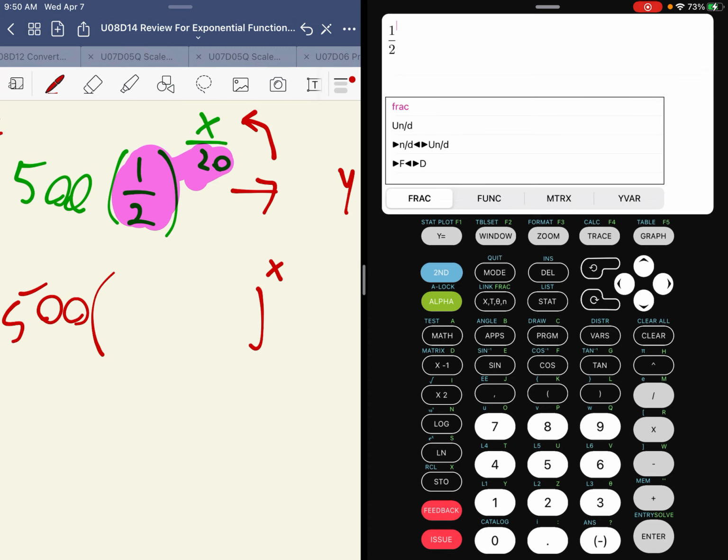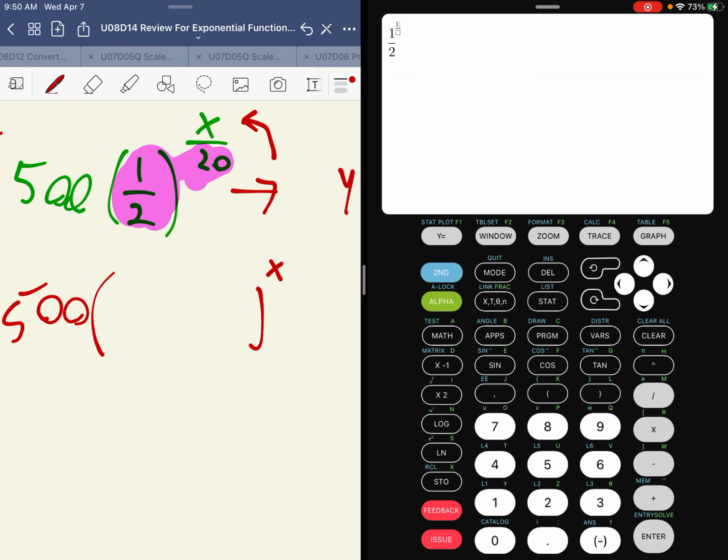Oh, not 1/2, 1/20th. So what I'm doing is I'm taking this 20th out as a 1/20th, and then I'm raising the 1/2 to that power. And if we calculate that,